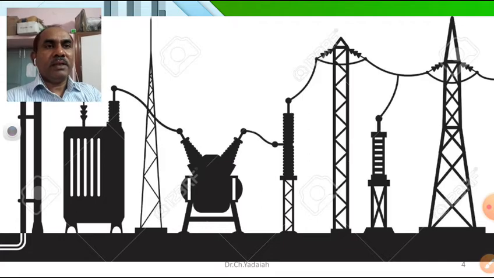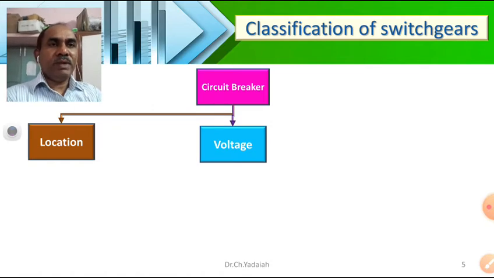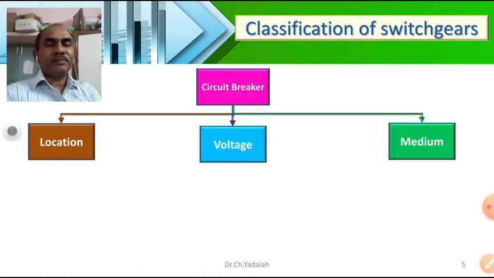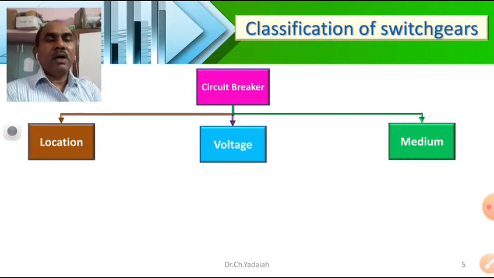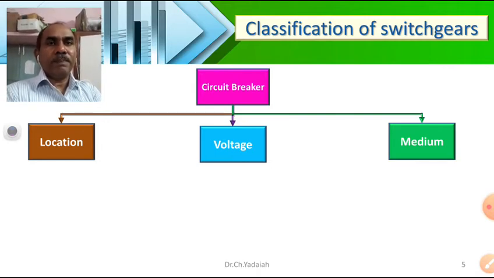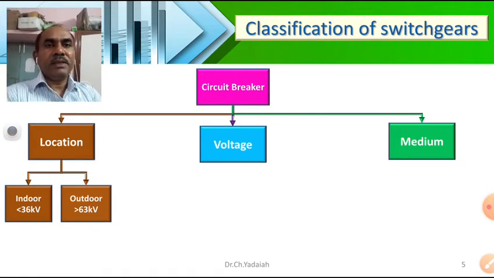Now we can once again see the classification of circuit breakers. The breakers are classified based on different factors: one is the location, another is the voltage, and another is the medium which is used to nullify the arc in case an arc arises in the breaker. Based on the location, they are classified into indoor breakers and outdoor breakers. This is based on capacity: less than 36 kV we can use indoor, and